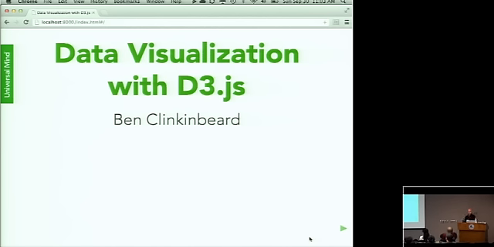So D3's background info, just a basic rundown. It is open source with a BSD license. That's entirely permissive. You can do whatever you want with it. D3js.org is the site, hosted on GitHub like any good project. The primary author behind it is a guy named Mike Bostock. I think that's Bostock, something like that. He is the primary driver behind it, but especially lately, he's had some people coming in and contributing,